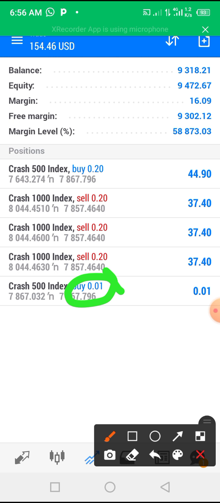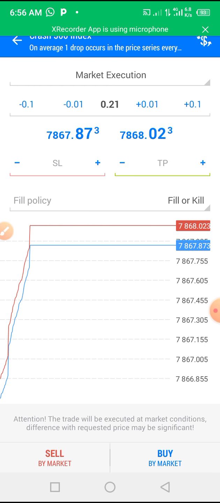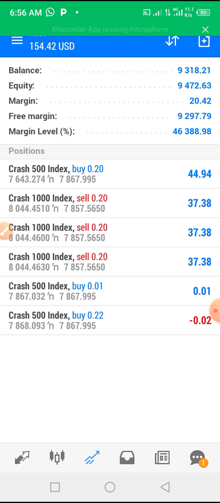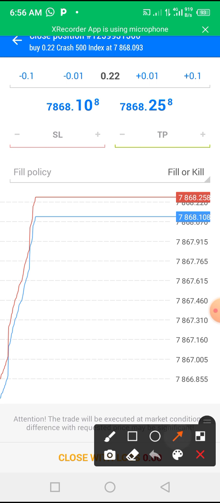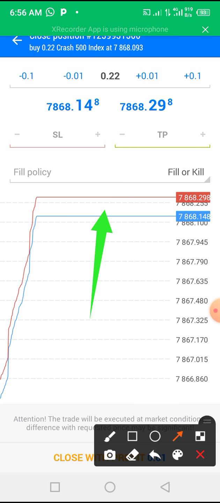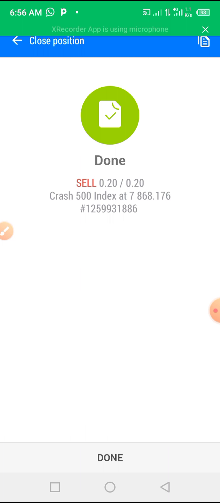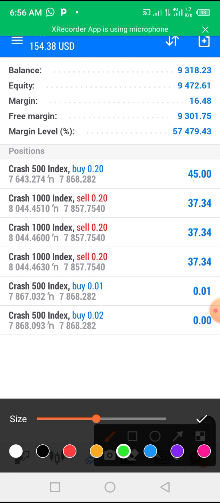Do you see it? So if you want to use 0.02, you also go there, increase your lot size to 0.22. Then execute the order first. You must execute the order first. Then come to your position, do as if you want to close it. Then return the lot size to 0.20. Do you understand? Return it by removing that. You see, I return it to 0.20 and now close the market. It will return to 0.02. If you look here now, you see 0.02.